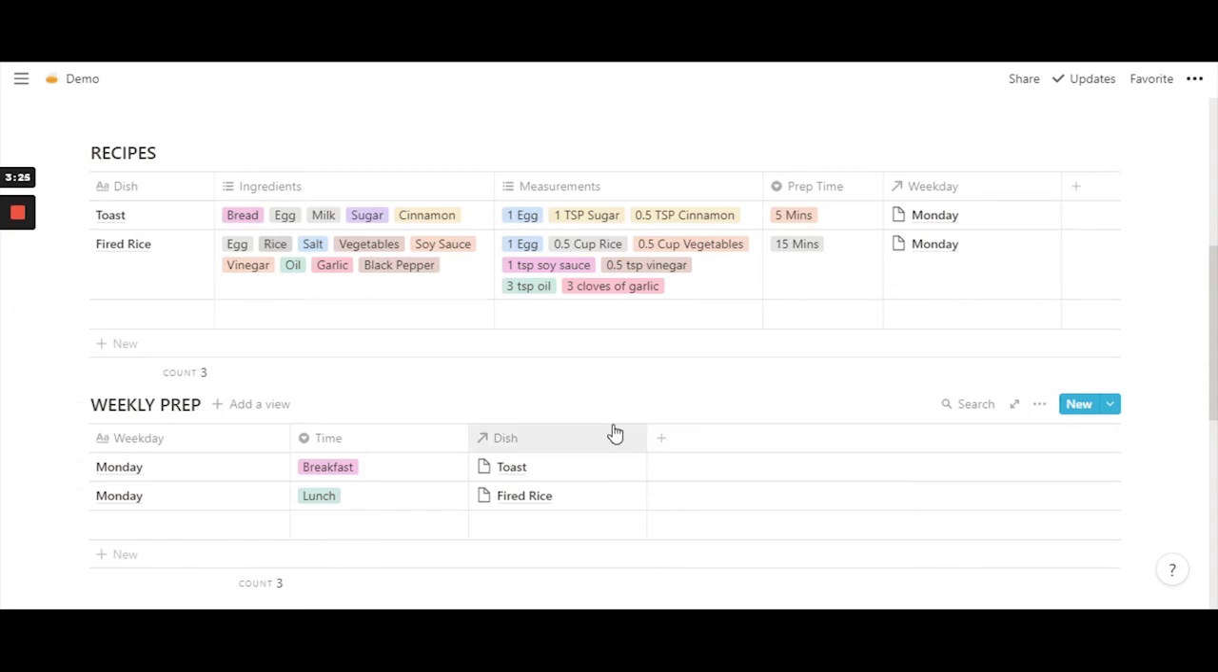So this is how you can create a relational database. The other thing you can also do is, let's say you have the recipe table in another page and you just have the weekly prep on this current page. In case you want to look at the recipe, and you don't have much time to scroll back and search for the recipe database, since it is linked, you can go ahead and click